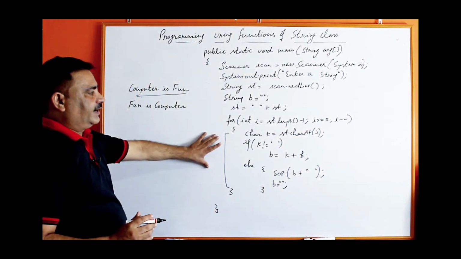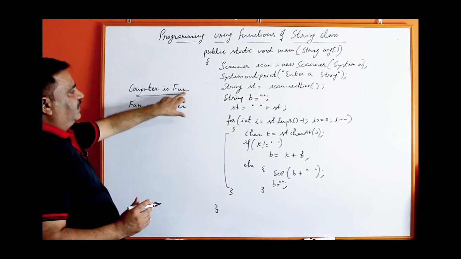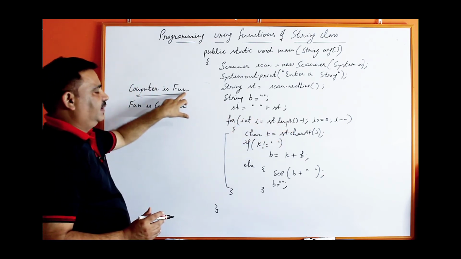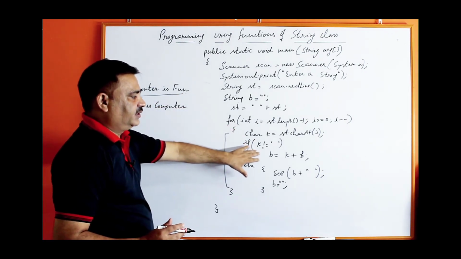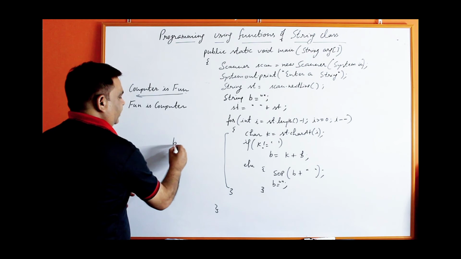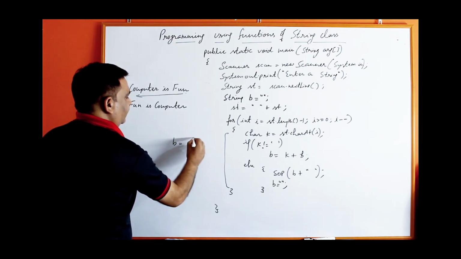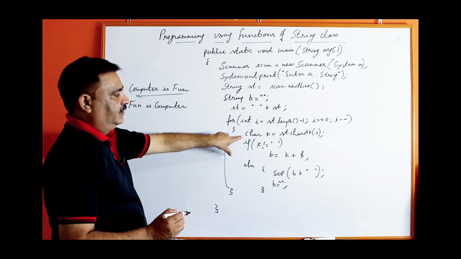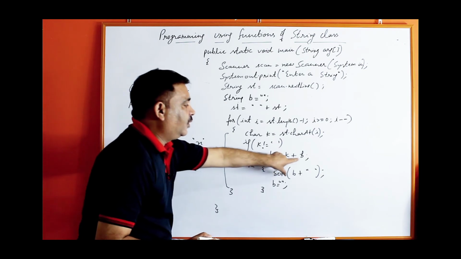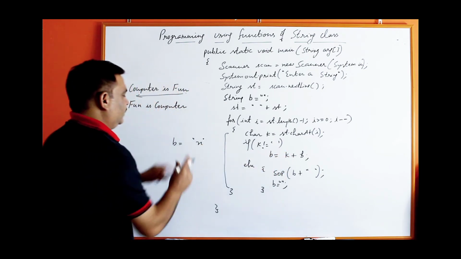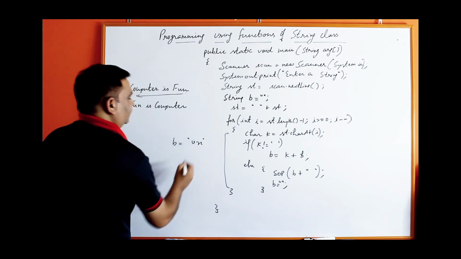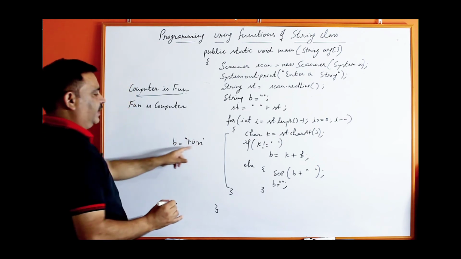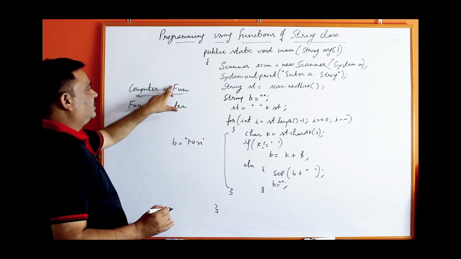Now, try to understand the working. First of all, the first character n will be extracted because the loop is started from length minus 1. So, n will be extracted, it is not space, joined in B. So, value of B will be n. Second time u will be extracted, it is also not space, u will be joined before the previous value of B, that was n. So, it will be un. Next, f will be extracted, same way f will be joined here. So, fun word will be formed when space encounters.